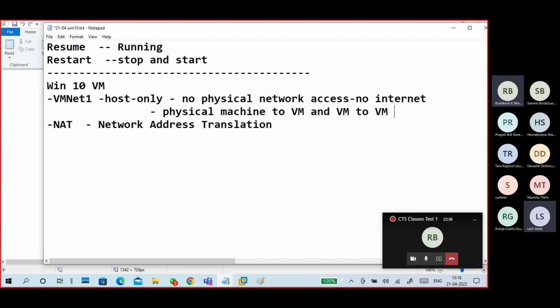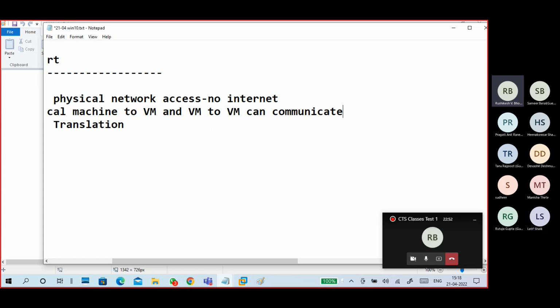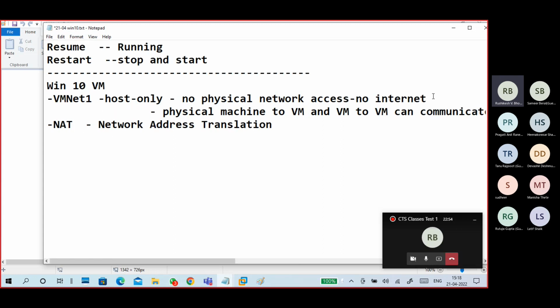So if both virtual machines are connected to VMNet1, virtual machine to virtual machine can communicate. Now, network address translation.